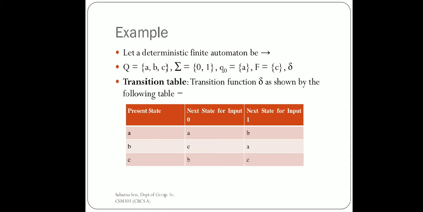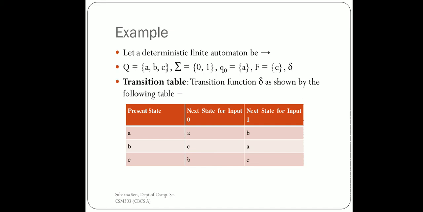You can find in some places a better way to mark the initial state and the final state in the table as well. So if you have to mark the initial state in the table, you can put an arrow with A, and you can just single circle C. Okay, that is the way to represent the initial and the final state.